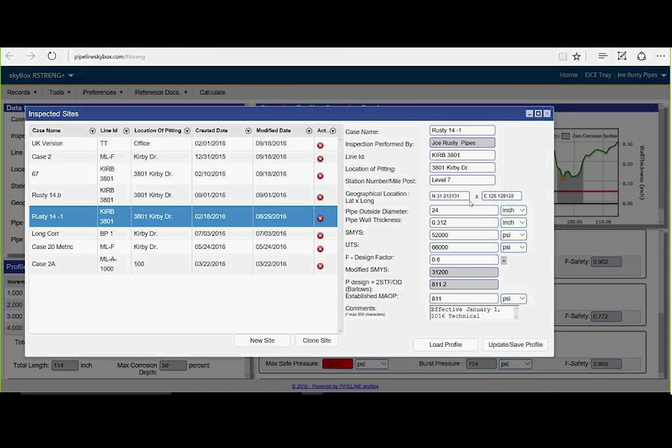The geographic information. Lat long. Your outside diameter, 24-inch. Wall thickness. Oh, you can change it in millimeters, centimeters, or back to inches. You could also default it the way you want it, if you want it in metric, as I showed you earlier on the preferences. We also have a specified minimum yield strength,